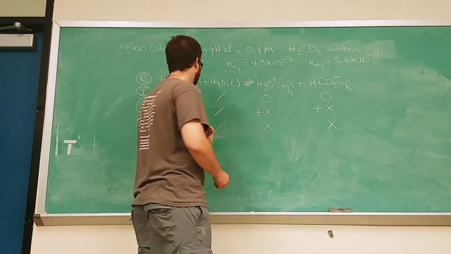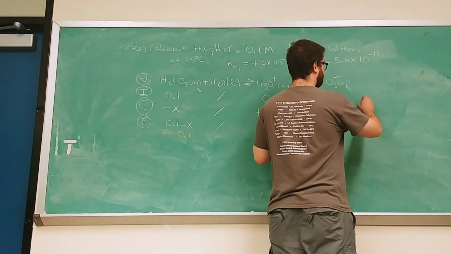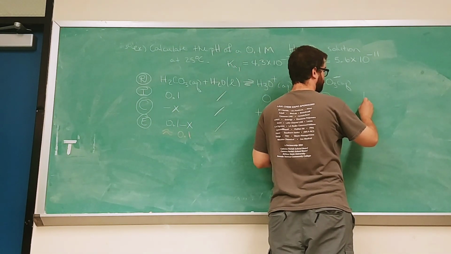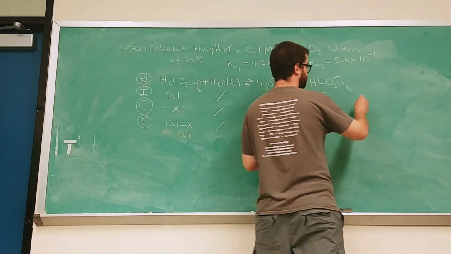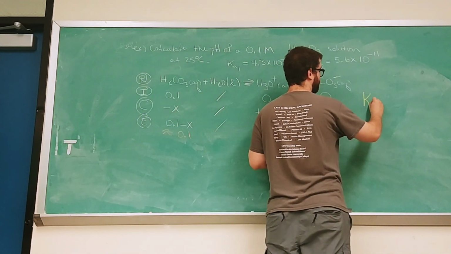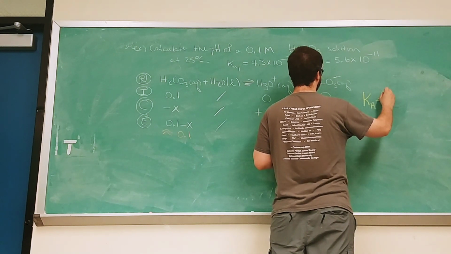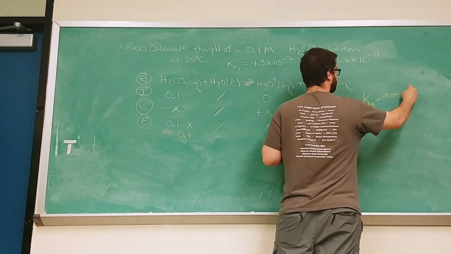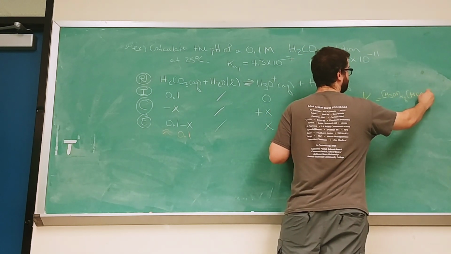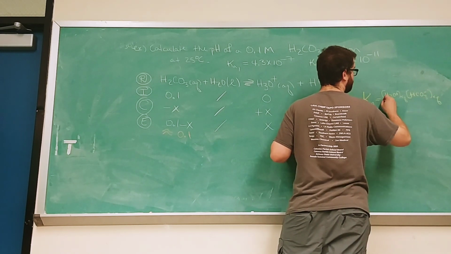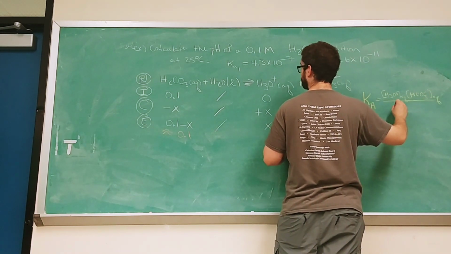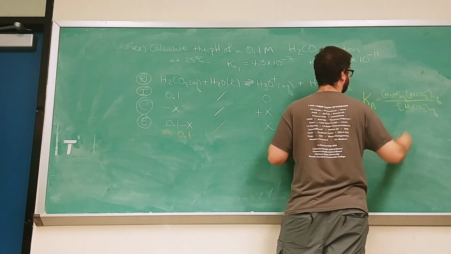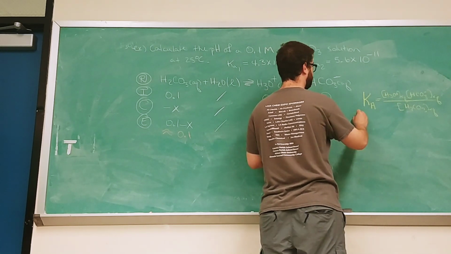So, if I set up my Ka expression, Ka is the concentration of H3O plus times the concentration of bicarbonate divided by the carbonic acid concentration. And if I sub in my values,